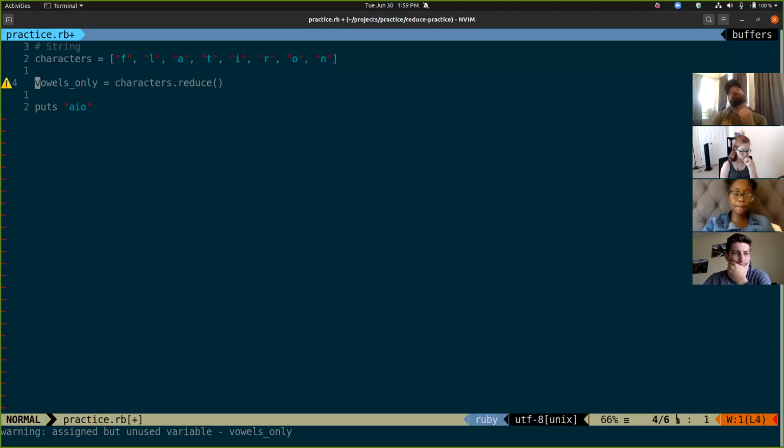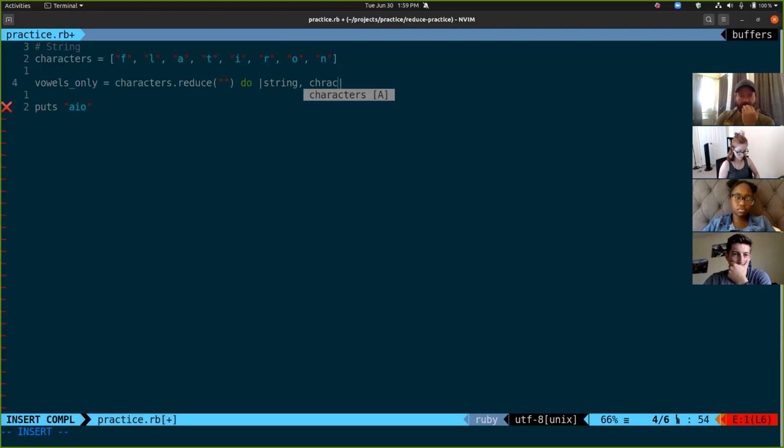Okay, so for vowels only, we want to reduce this into an empty string. We're going to have our vowels only, or we can call it string, or we can call it S, we can call it whatever. And these are characters. So most people are doing pretty good on this. Now, what happens in here? A little bit trickier. So I could say,